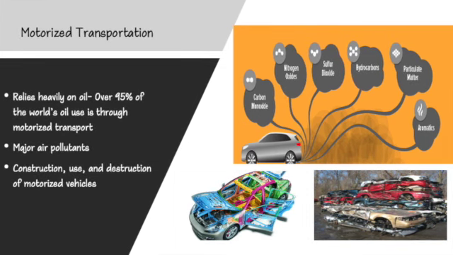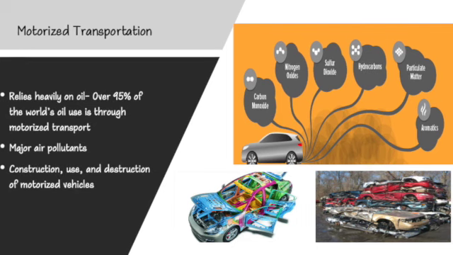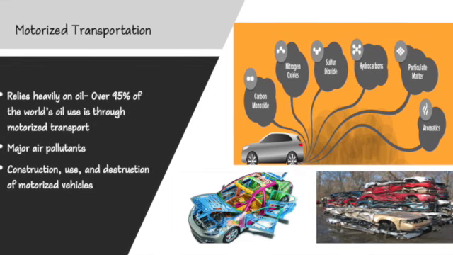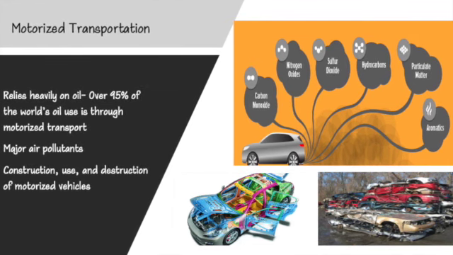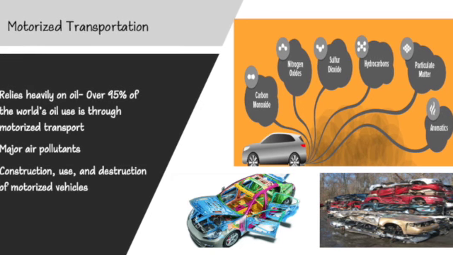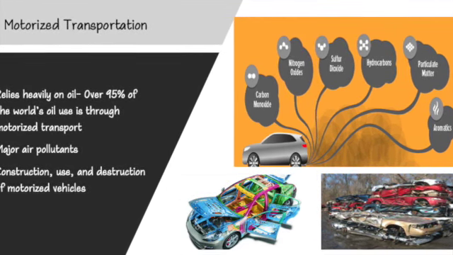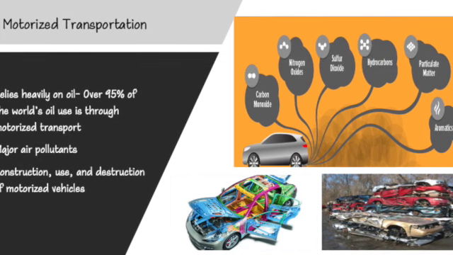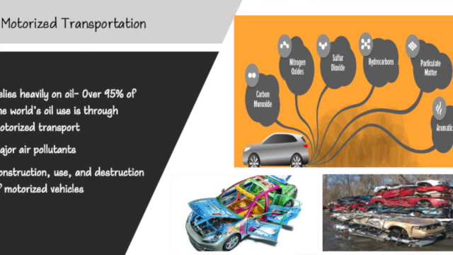Another aspect of motorized transportation is its tailpipe emissions, which emit multiple air pollutants into our environment: various oxides, hydrocarbons, particulate matter, and aromatics, all of which are flooding into the air we breathe and depend on for life. Additionally, the entire life cycle of the car has negative contributions: the creation of the materials, the movement of these materials from extraction point to the factories, and the destruction or breaking down of these materials. All of these aspects of motorized transportation accelerate our changing climate.